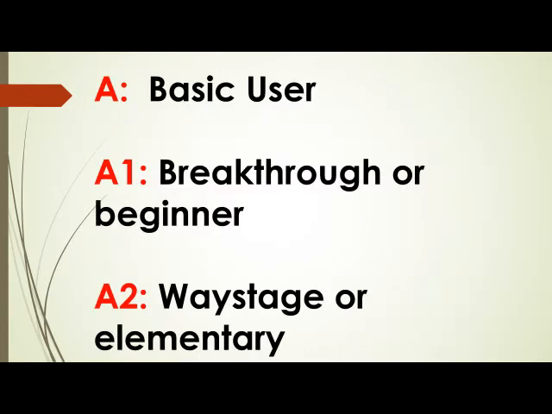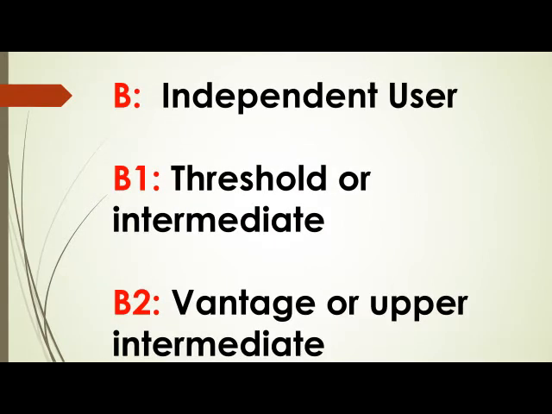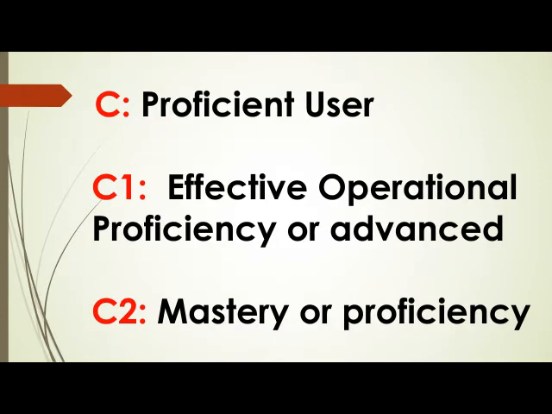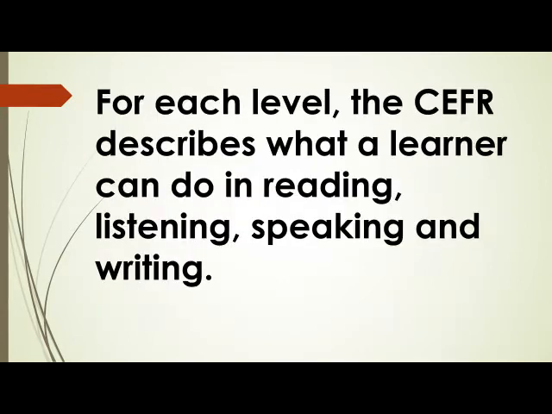A. Basic user. A1. Breakthrough or beginner. A2. Waystage or elementary. B. Independent user. B1. Threshold or intermediate. B2. Advanced or upper intermediate. C. Proficient user. C1. Effective operational proficiency or advanced. C2. Mastery or proficiency. For each level, the CEFR describes what a learner can do in reading, listening, speaking, and